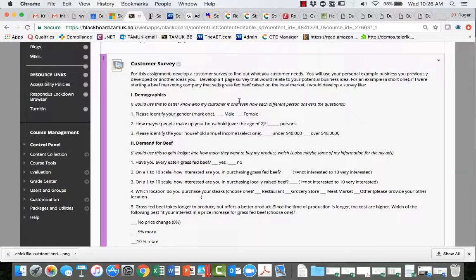Now, I've given you an example. What you're going to do is develop this survey that relates to your example business that you previously developed as an idea. Maybe it's the one you developed and I already graded a little bit about the product. Maybe you've redecided and picked another approach or another business. That's fine. Wherever you are today in that process, take that business and I want you to build a customer